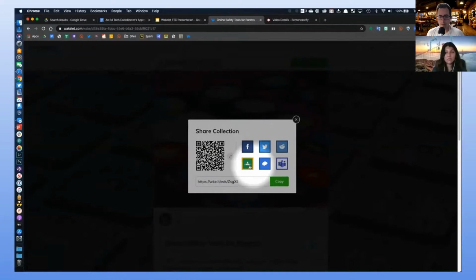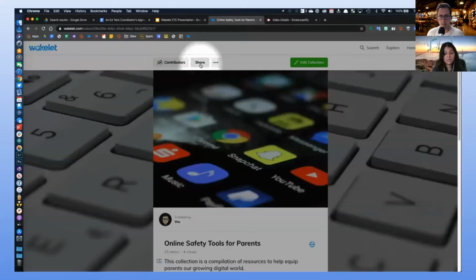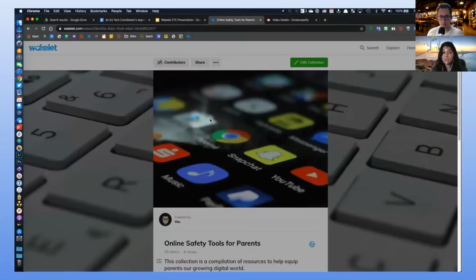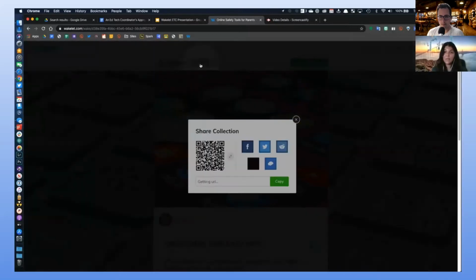So let's say we're just making a resource for some of our kids that need more help or need more resources. You can just copy that link, go to Google Classroom, and send the resource to those specific kids that asked, or those specific kids that need it. So all you need to do to share is click the share button at the top